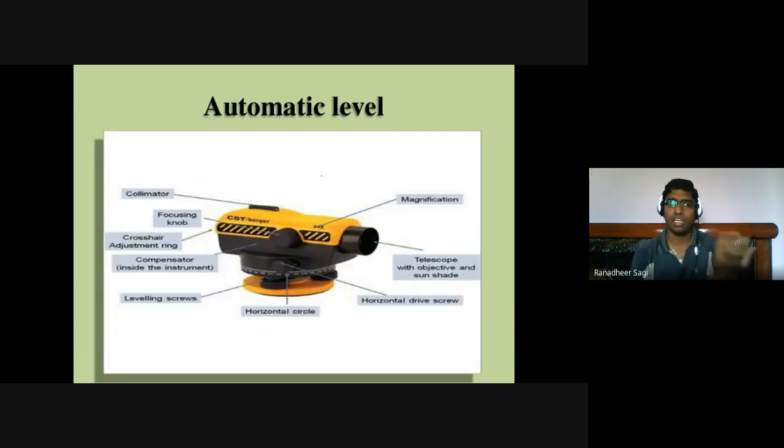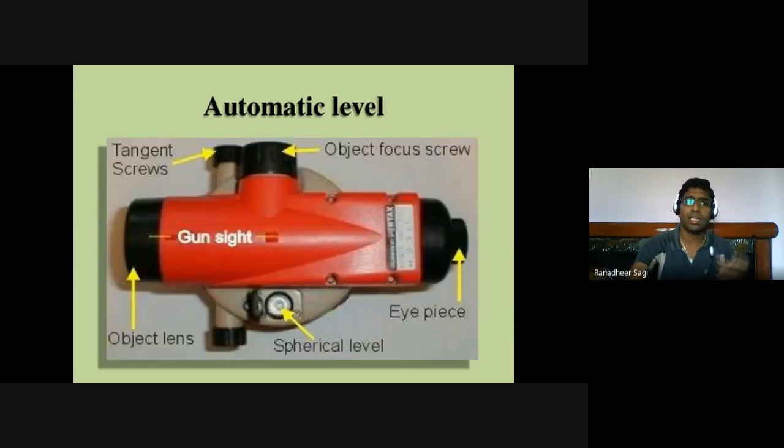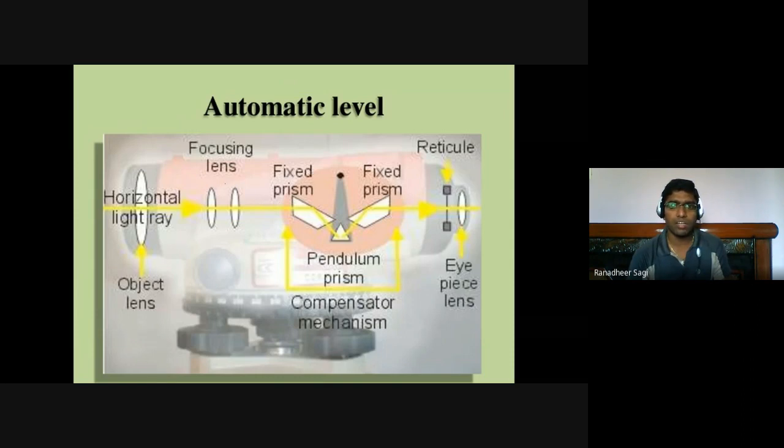The way other instruments look, their functioning, knobs and all other things, the other levels have. In a similar way, the automatic level also has all those adjusting knobs, or focusing knobs, line of sight, and so on. Some technical terms we'll try to understand as we progress with the usage of those instruments. Generally, your line of sight is going to be something like this. If you look here, this is your horizontal line, which we call your line of collimation.